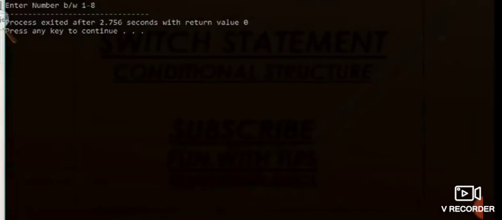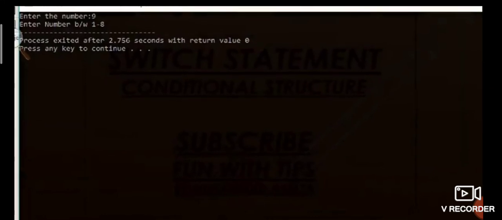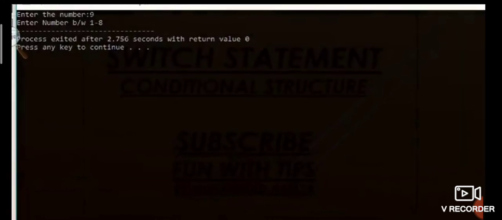Let's run and see the output. See here, you are the user, and you are entering the number 9. So the compiler is asking you to enter some number between 1 to 8. If you go for